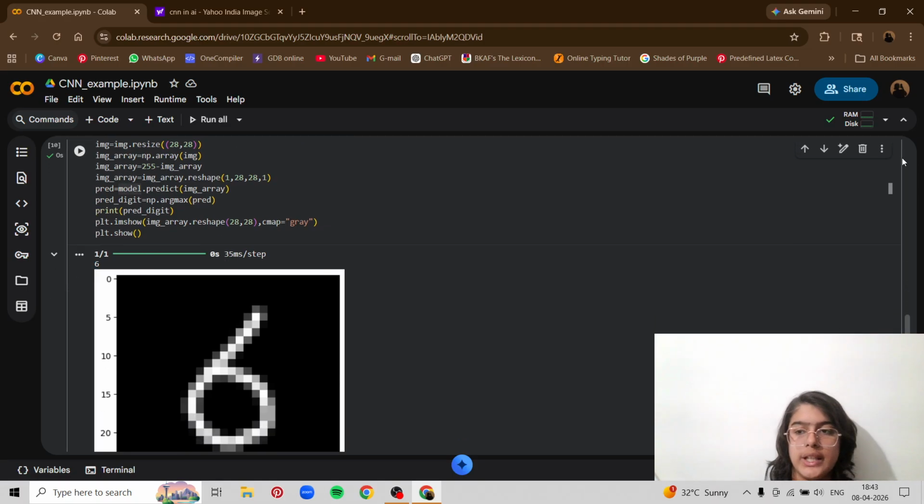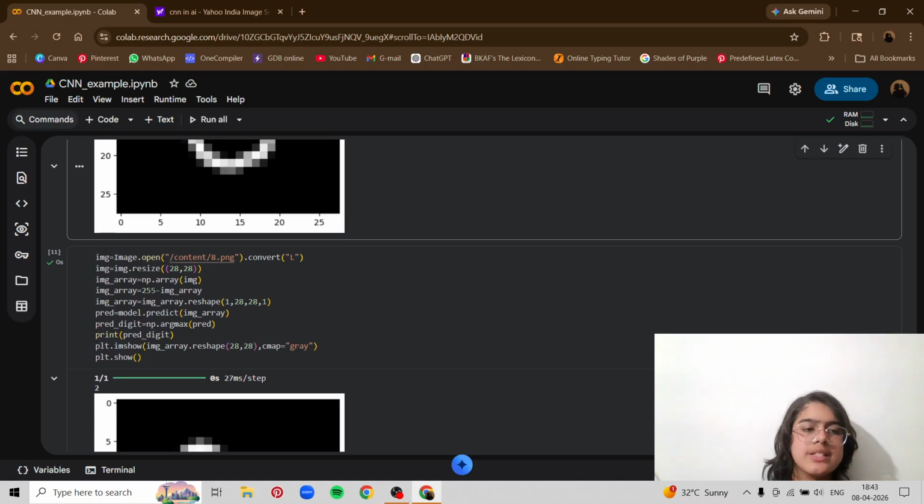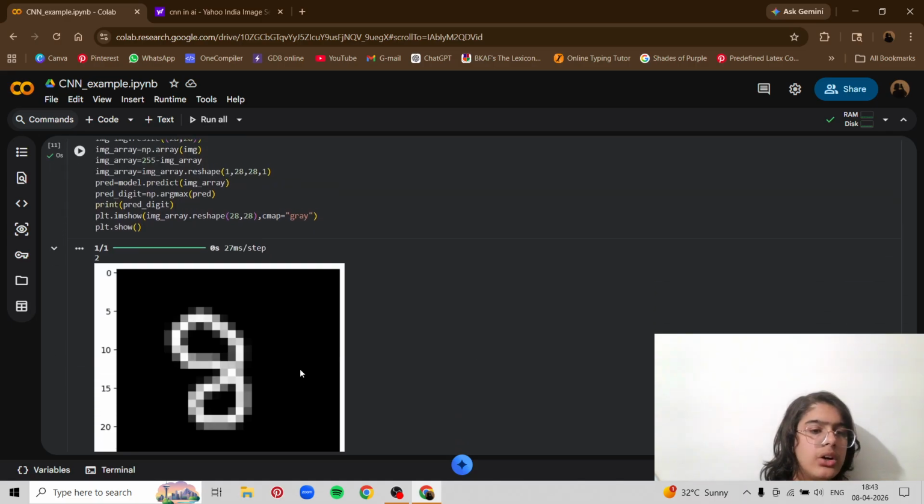So you can see it is showing the correct answer. Let's go on to the next image. The code is the exact same, and over here you can see the image is 8, but it is showing me the value as 2. If you look a little carefully, you might be able to find a few features that look like 2, such as this curve, this line, and there is a line below. So it's a little similar to 2. That is why we are saying that our model is not perfect.